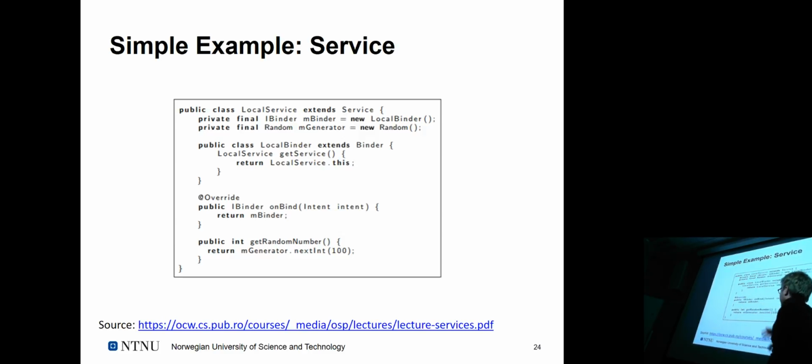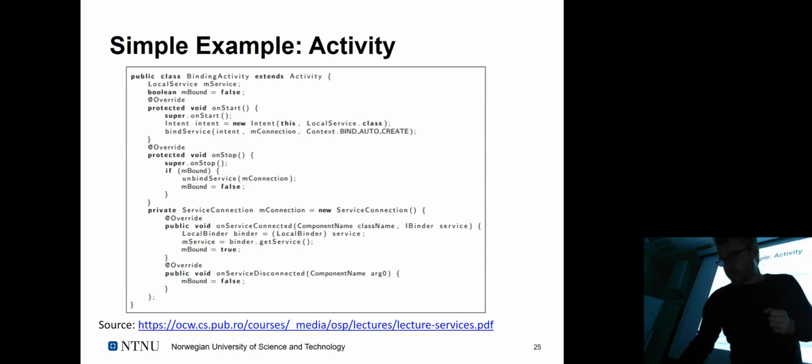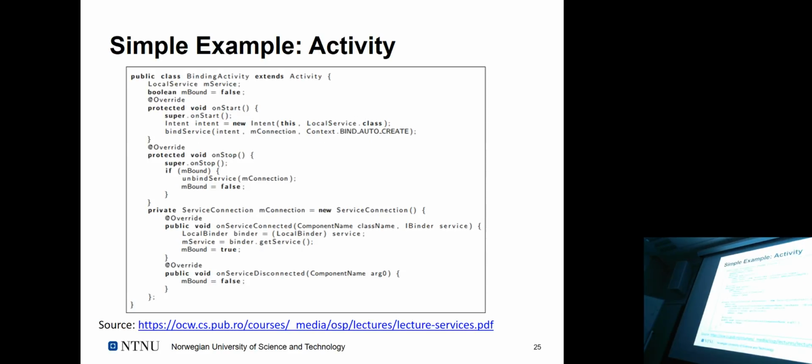And then you have some stuff happening here, right? In this case, there's some random number and so on. I borrowed this from another slide set, just to have something that's potentially busy. But the key thing is, if you bind to a service, you get a reference to the service, which is the instance of the service class itself.